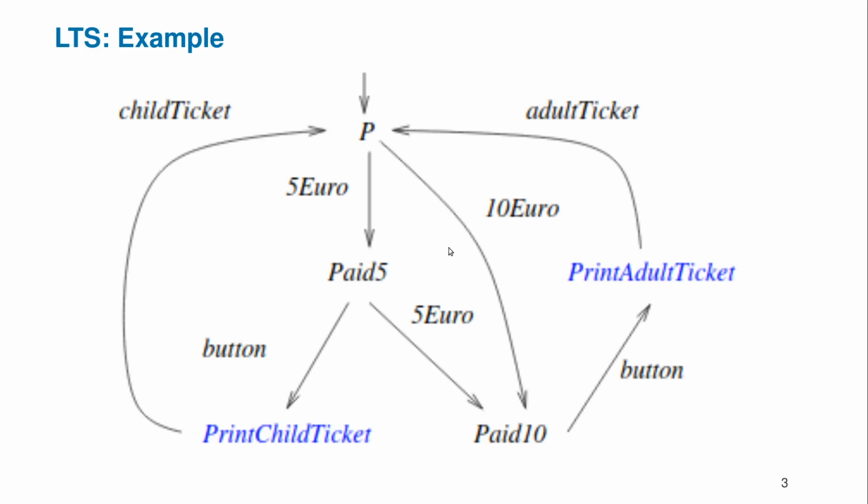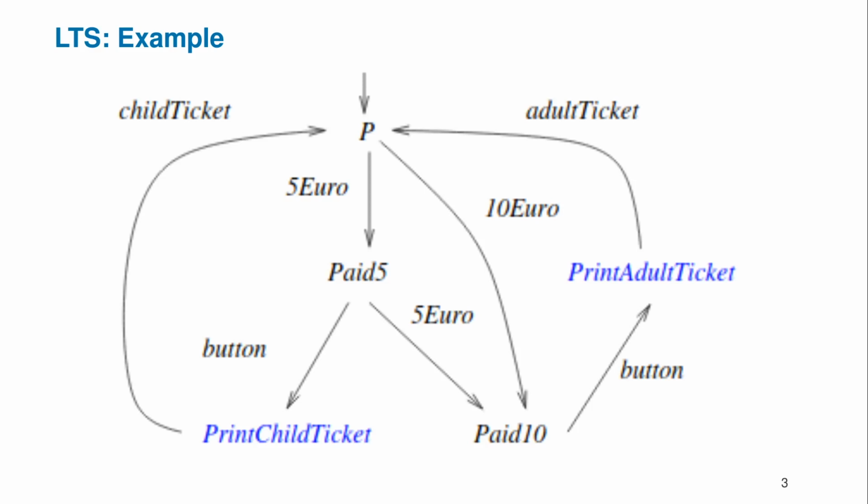And as we see here, this automaton is not complete. For example, when no money is in the automaton, then pressing the button does not lead to a state change, and nothing is happening. So there is no transition modeled. Okay, and there is not much more to say about it